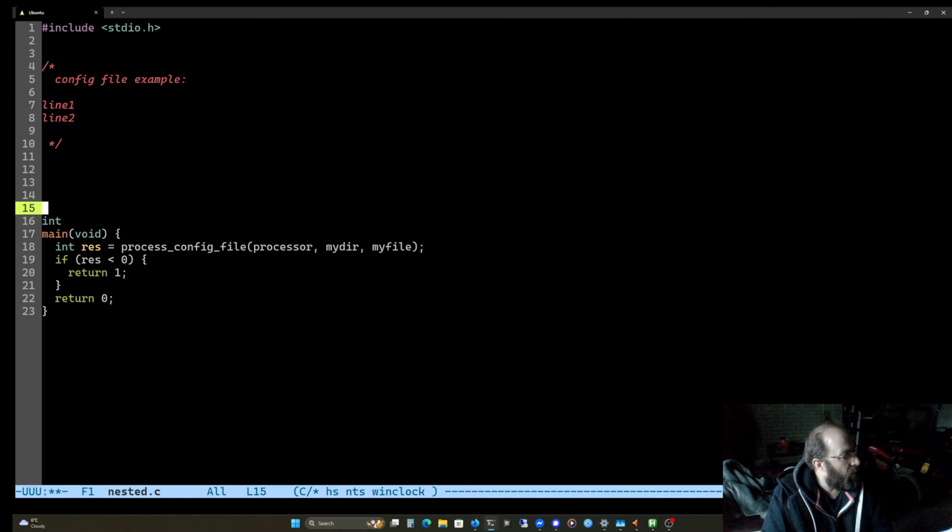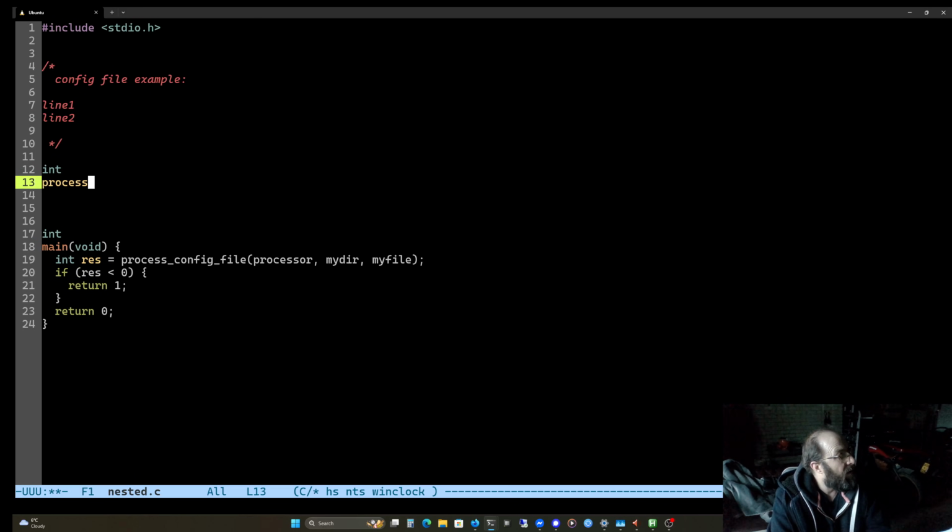So why don't we write process config file? It needs to be an int, and it's going to take an int processor, which takes a char.